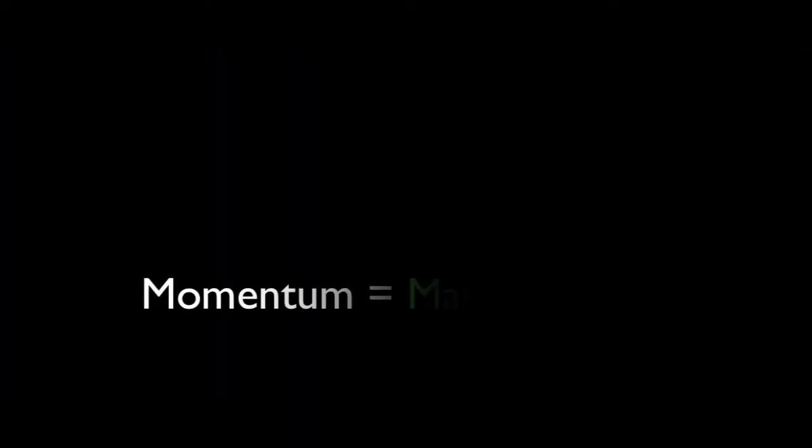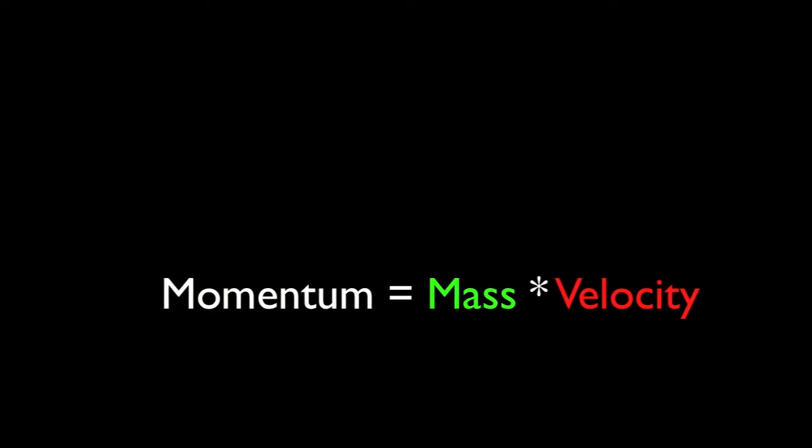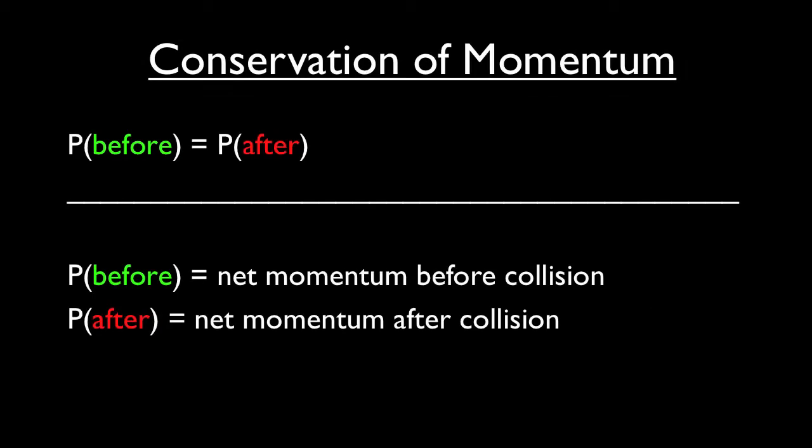Momentum is inertia in motion, or simply the mass of the object and its velocity. When two particles in a system collide, the absence of an external force leaves them unchanged. The conservation of momentum states that if one object loses momentum, another gains it. Total momentum of the system is conserved, thus the net momentum before a collision is equal to the net momentum